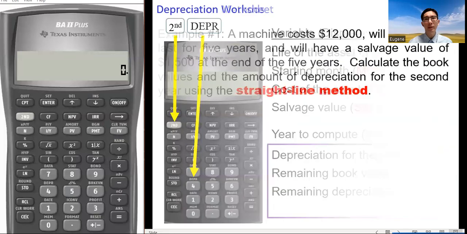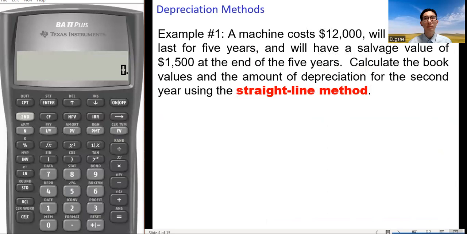Let's take a look at the first example. A machine costs $12,000, will last for 5 years, and will have a salvage value of $1,500 at the end of the 5 years. Calculate the book value and the amount of depreciation for the second year using the straight line method. All right, so activate the depreciation worksheet by pressing second and then DEPR, the number 4.